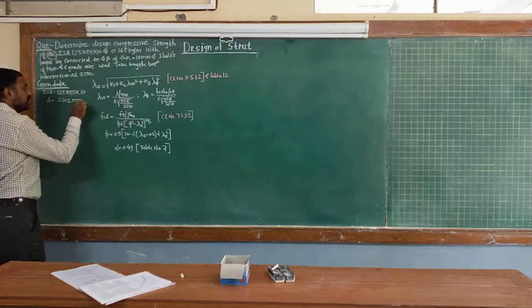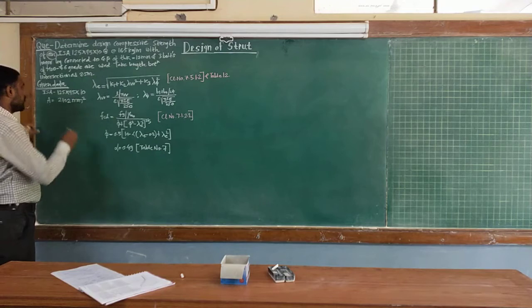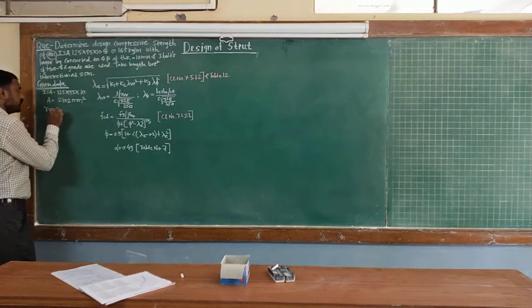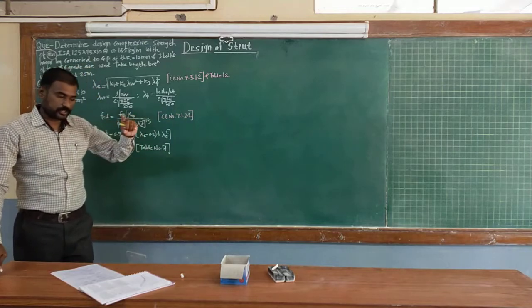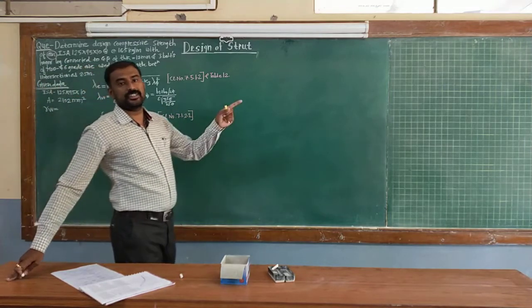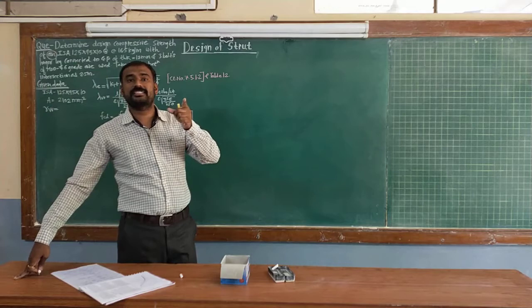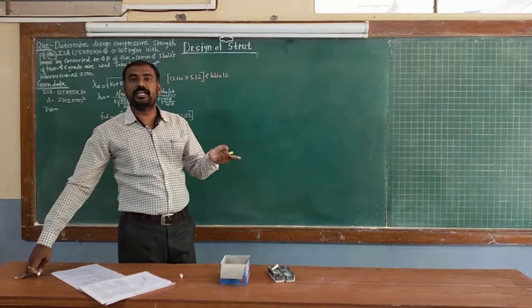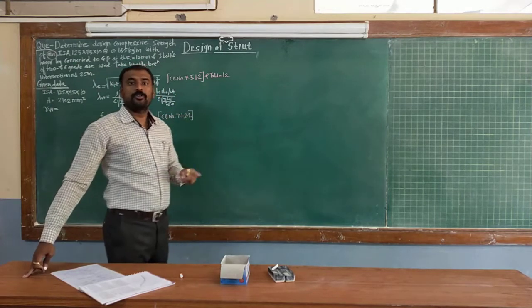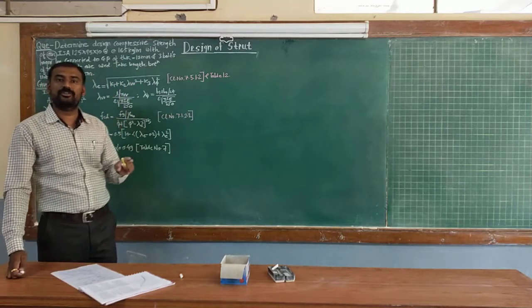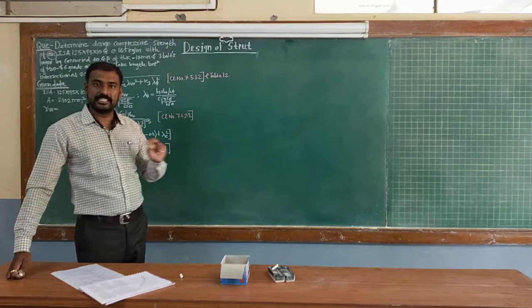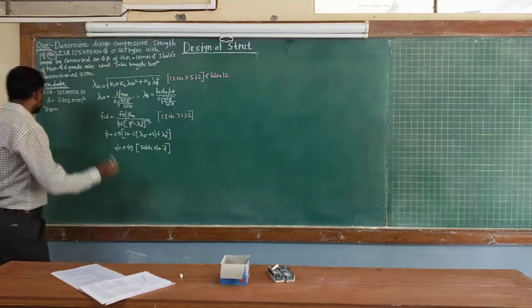In case of single angle sections, the least radius of gyration is always going to be r_vv, correct? In the steel table, the values of radius of gyration are mentioned according to the horizontal xx axis, vertical yy axis, and the inclined axes vv and uu, correct? So for every numerical where a single angle section is mentioned, you just have to copy down the value of r_vv, that is the least radius of gyration, and that value is given as 20.2.